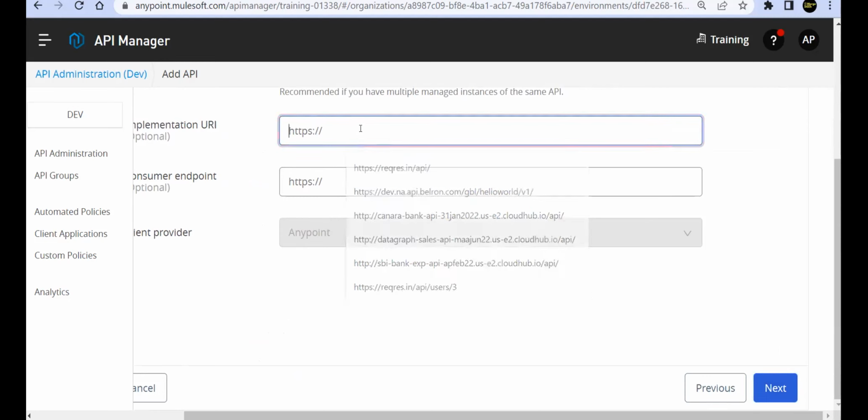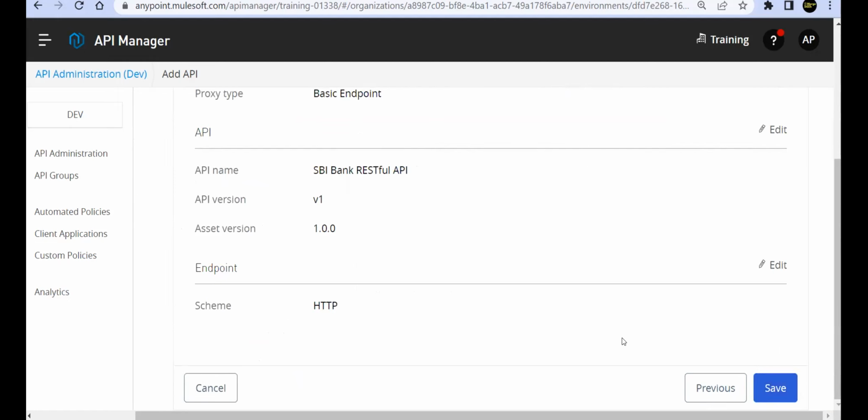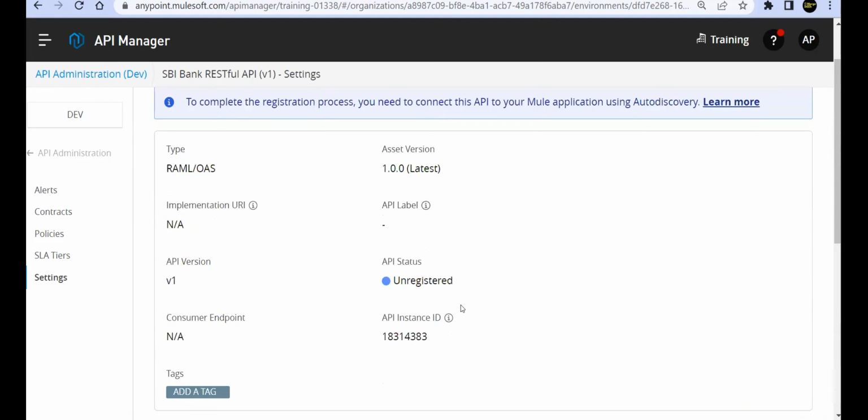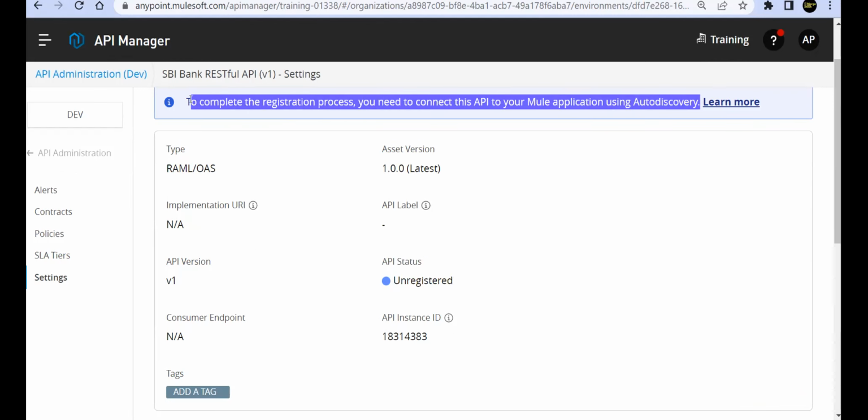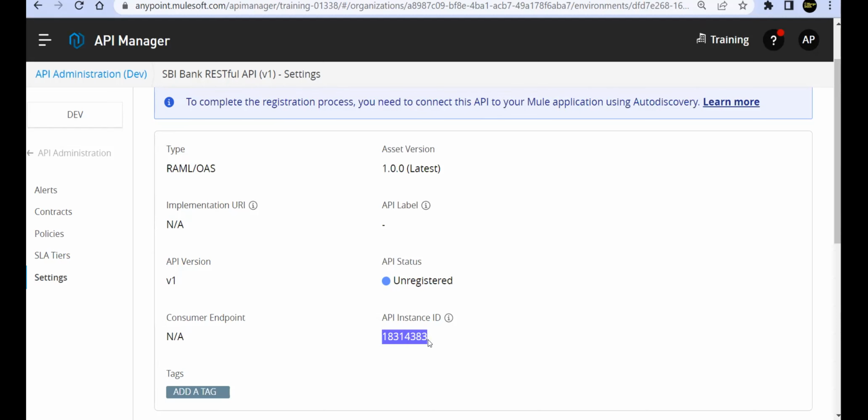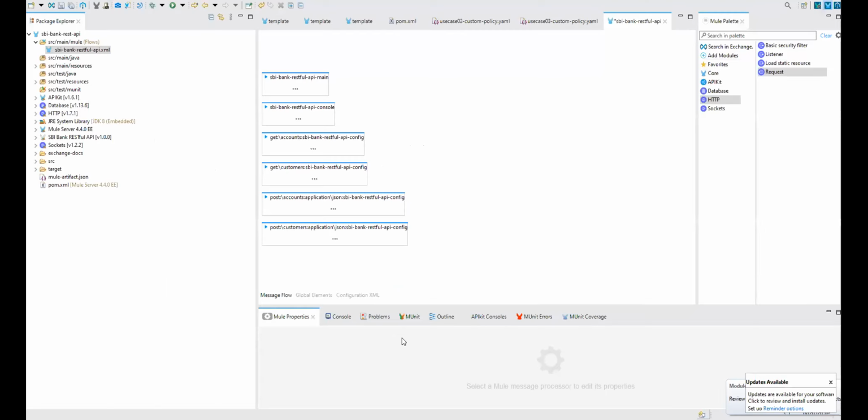You should not have anything over here. Delete that. Save. Now the status is unregistered. To complete the registration process, you need to connect this API to your Mule application using auto discovery ID. Have a look at this message. So first I'll note down this ID. Note down this ID. Let's go to my implementation,